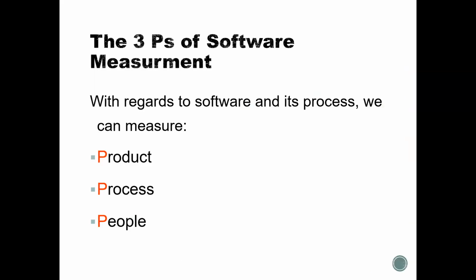But in software measurement, when we talk about software and its process, it's not only about the product, it's about two more things: process and people. So this is why this is called the 3 Ps of software measurement, in which we not only consider product, but we also see the process and people. So product is the actual software that is being designed